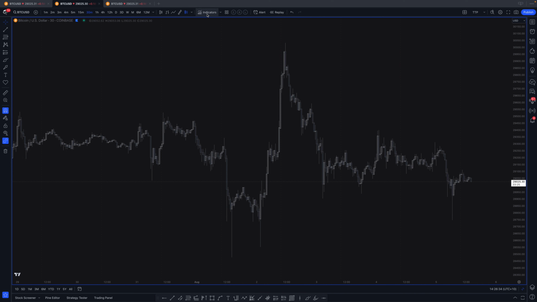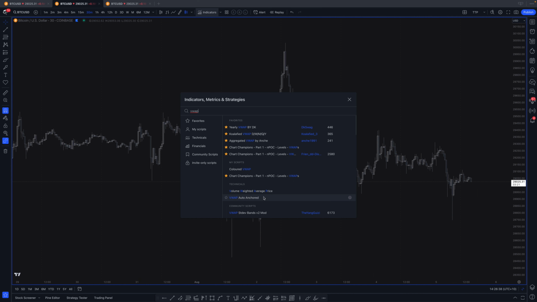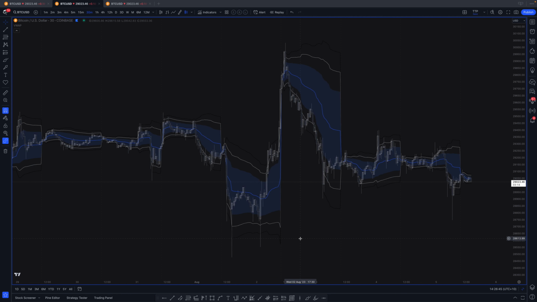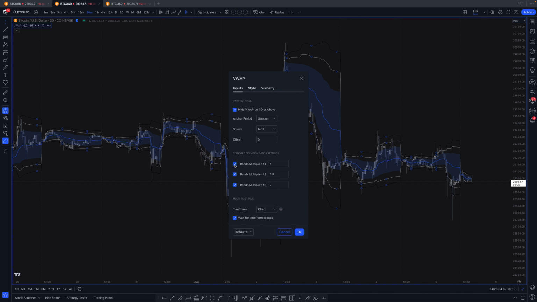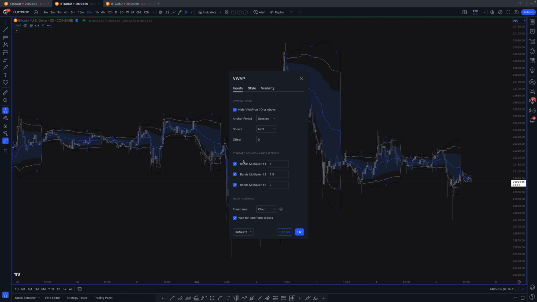You've got indicators, you type in VWAP, and under technicals, you'll see volume weighted average price. Give that a click. Now when it loads, there's a little bit going on here. So what you can do is you can right click and go to settings, or you can also just double click. And inside here, we'll turn the band multipliers off. Now you'll hear me reference these as deviations, these standard band settings. So deviations, multiplier, you can use them interchangeably. So we'll turn them off